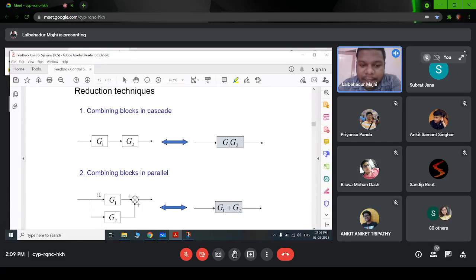Okay, so how do you know it is a parallel or a feedback path? We have to see the flow of our signal, right? All the signals are in the same direction to this summing point. From this takeoff point, the arrows are in the same direction. That means they are in parallel. Because these two are plus symbols, we can write it will be G1 plus G2. If there is a negative symbol, then it will be G1 minus G2. So see the difference here in the summing point, right? These two outputs of G1 and G2 are in the same direction. So this is in parallel.